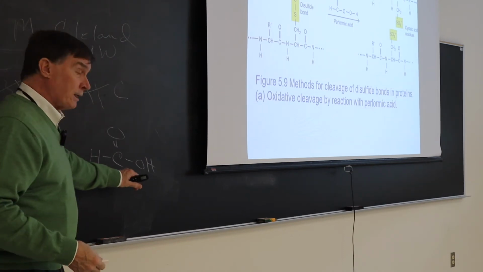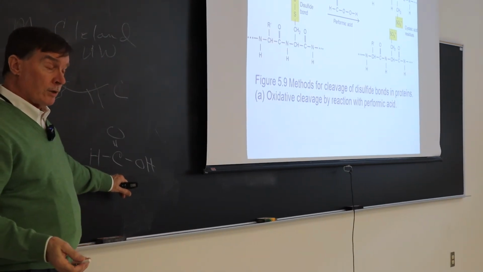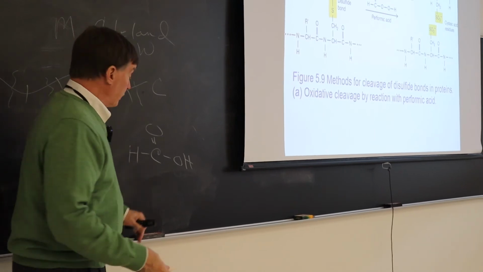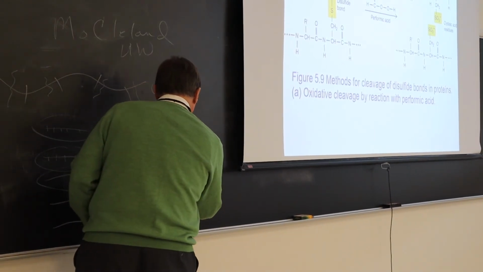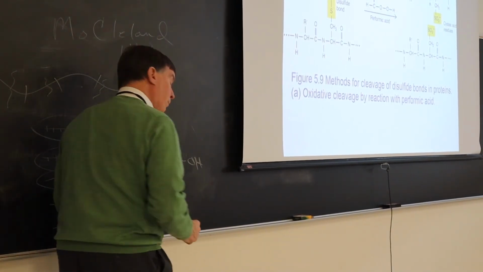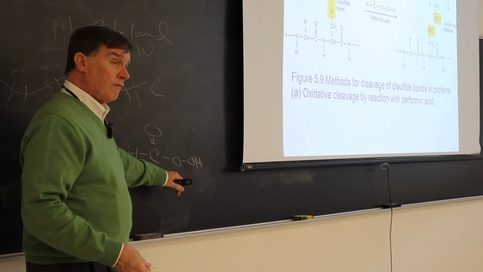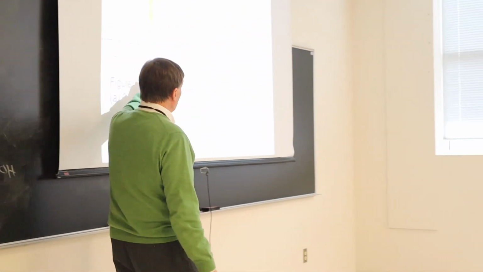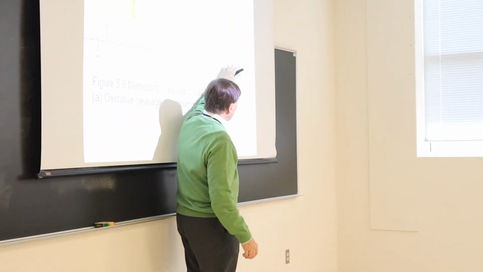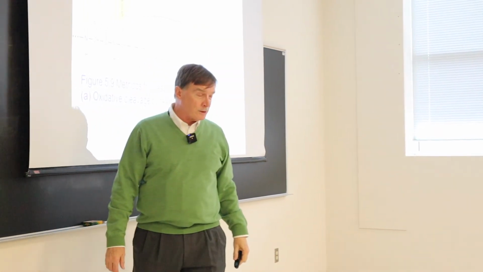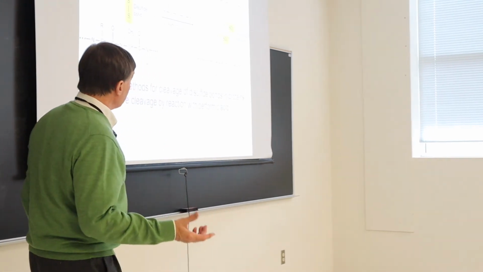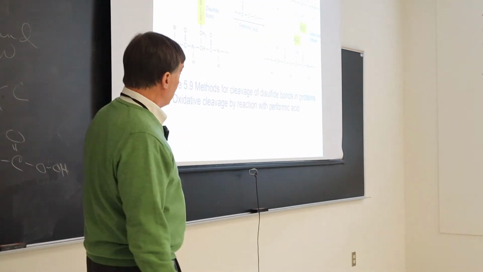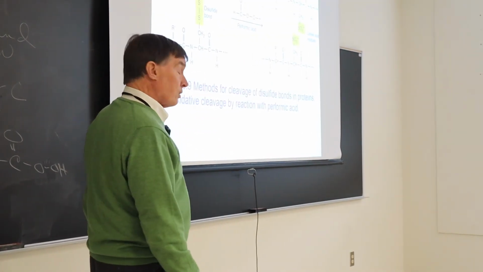That's a carboxylic acid, simplest carboxylic acid you can get, formic acid. If you add another oxygen, you have a per acid, and that's performic acid, okay? And so you can use that, and you can break the disulfides up, and they turn into cysteic acid residues instead of cysteines. So they're SO3 minuses at the ends of the cysteine groups, and so that works fine,